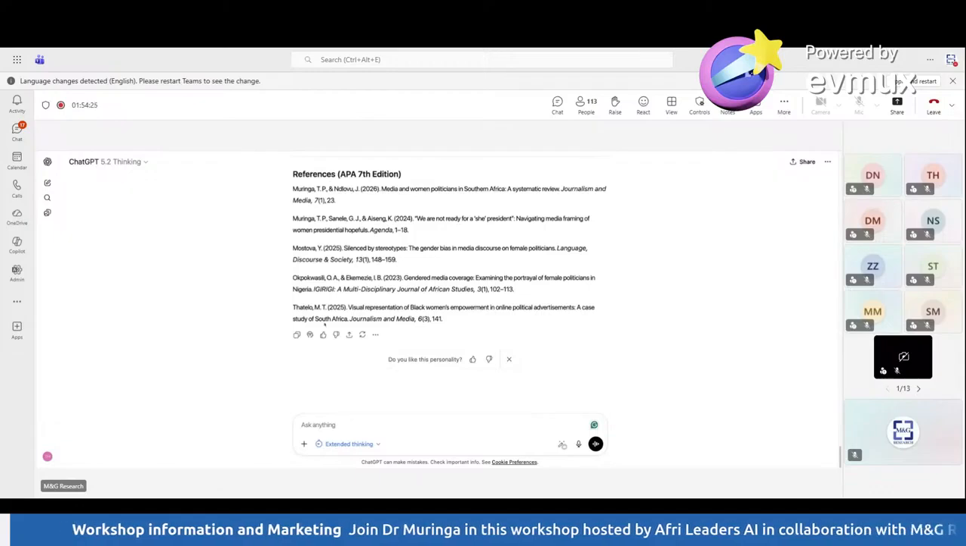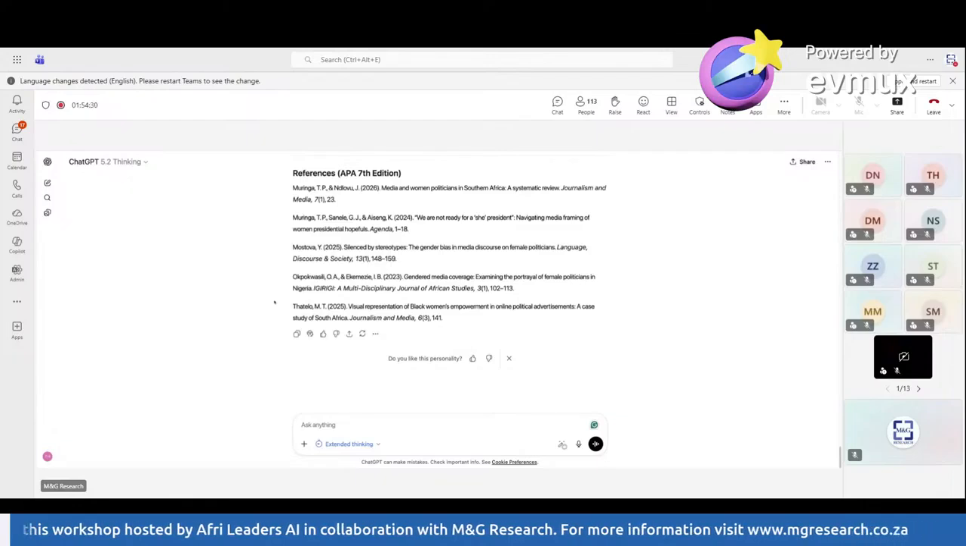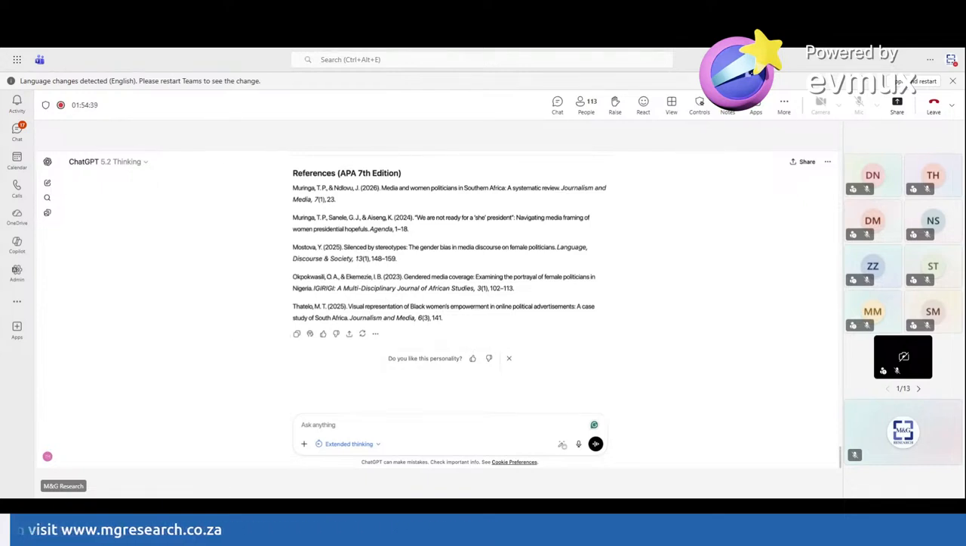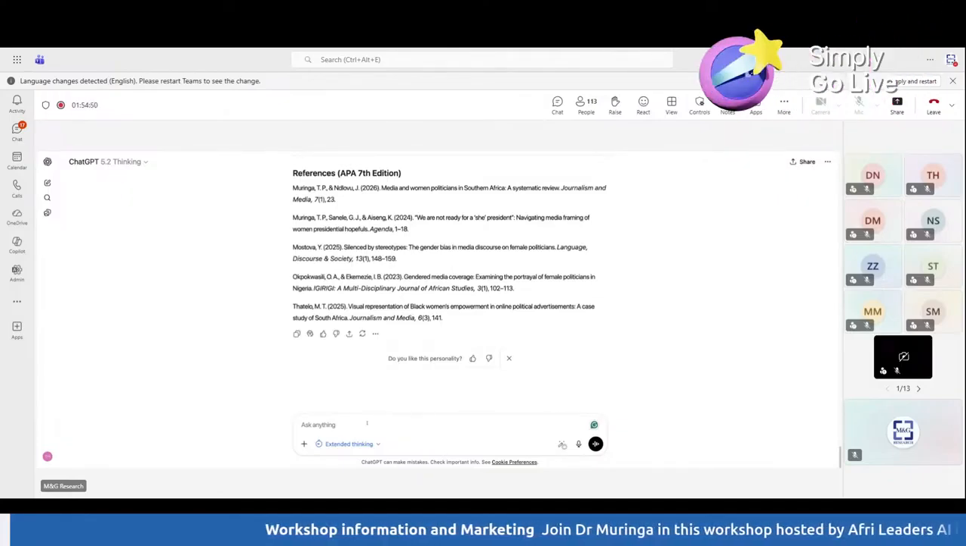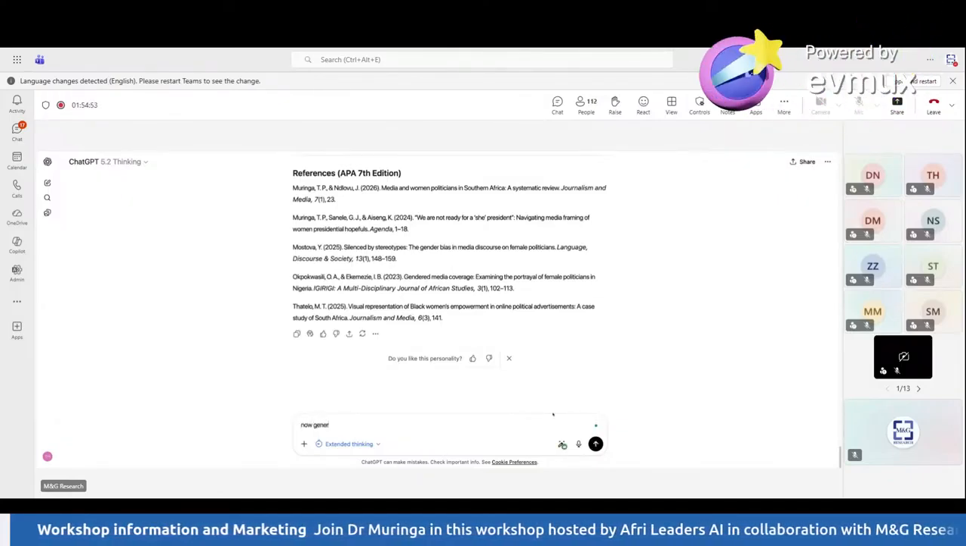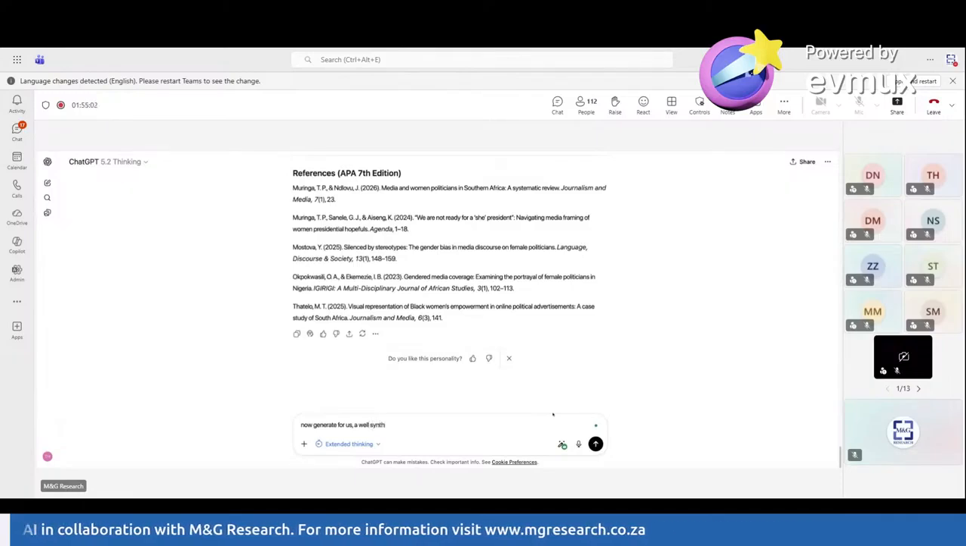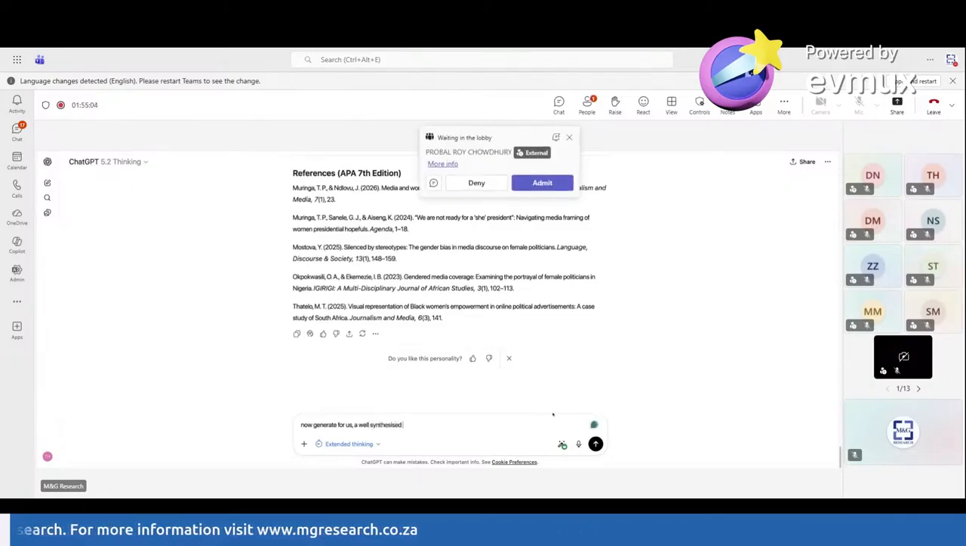An example of a well-synthesized paragraph, because we've made the difference between a paragraph that is descriptive in nature. Now we want to look at the one that is well-synthesized and look at its key elements, right, as we go down. So our key prompt here will be, now, after all is said and done, generate for us a well-synthesized